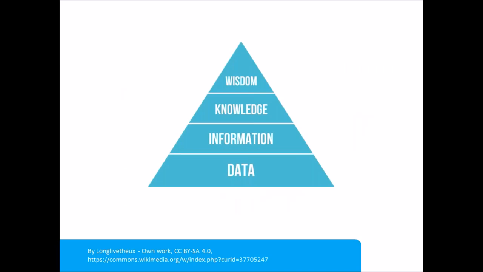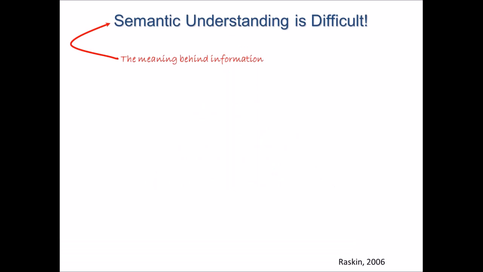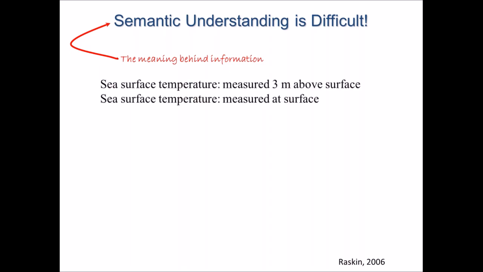Now, we would like to try to do the same thing with the knowledge layer of information-rich environments, which is floating on top of our data and information. It qualifies it. Unfortunately, that's quite hard. This slide from Raskin, who worked on the SWEET ontologies for NASA, is very revealing in this regard. Understanding the semantics of something, the meaning behind it, the knowledge that qualifies it, is difficult. If it's a variable, it can be parsed in very different ways. What is the surface to people, or what is above the surface, can vary between groups.